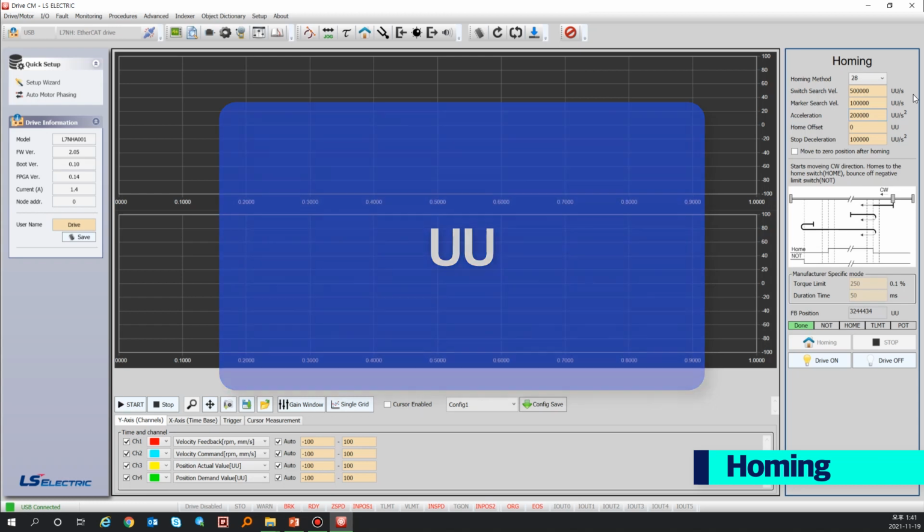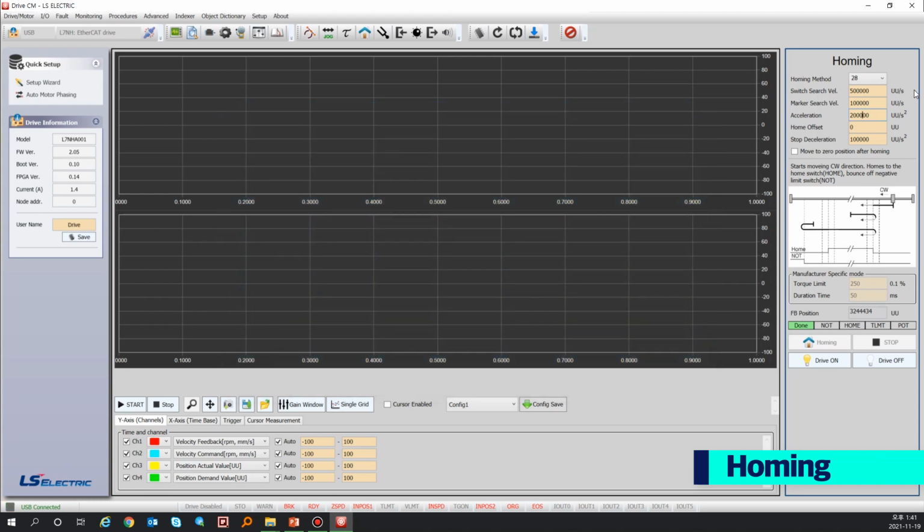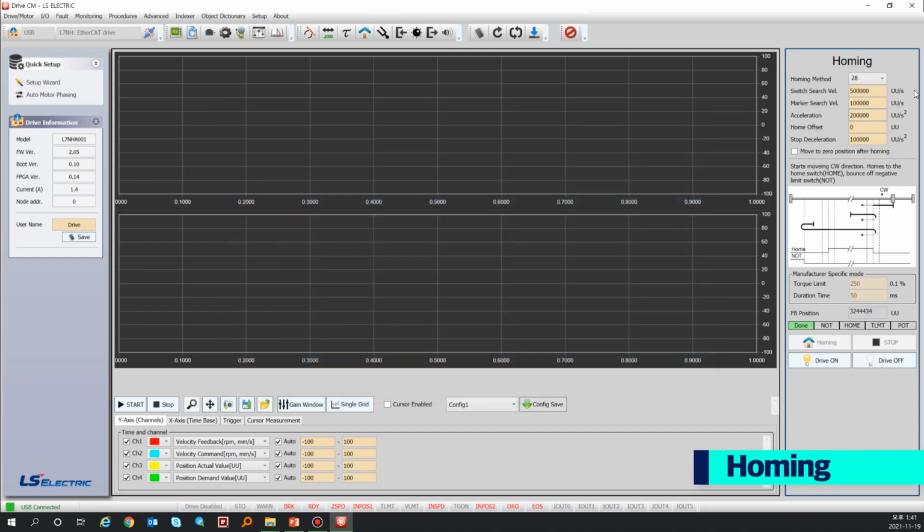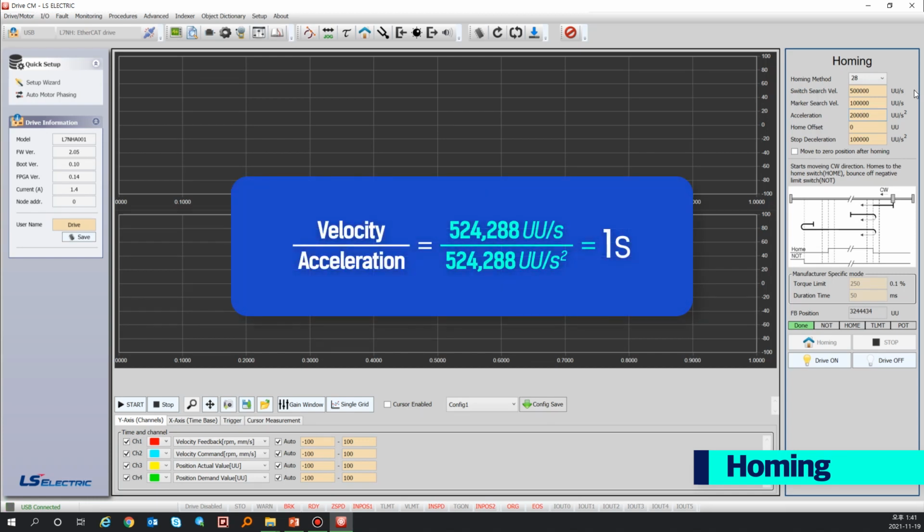gear ratio. In other words, if the switch search velocity is set to 524,288 user units per second, it rotates at the speed of 1 revolution per second based on the motor of 19 bits. The unit of homing acceleration is user units per second squared. Since it is acceleration, not a time, the speed divided by the acceleration becomes the acceleration time or deceleration time